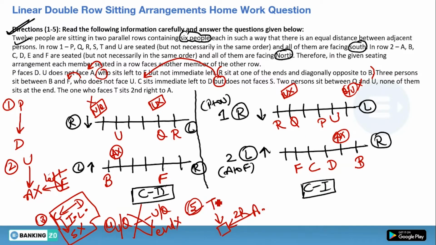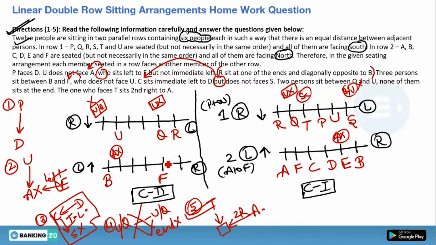Okay, now let's check the hint number 5. We know that the person who is sitting second to the right of A is facing T. Okay, so A is blocked over here. A will come here 1 and 2. Second right is C. In front of C, S is blocked. We know this, so S cannot come over here, but here T will come because that person should face T, and the places for S is left, that is this one, and the places for E is left, that is this one. Okay, so this case is satisfying our every condition, so this can be our correct answer.